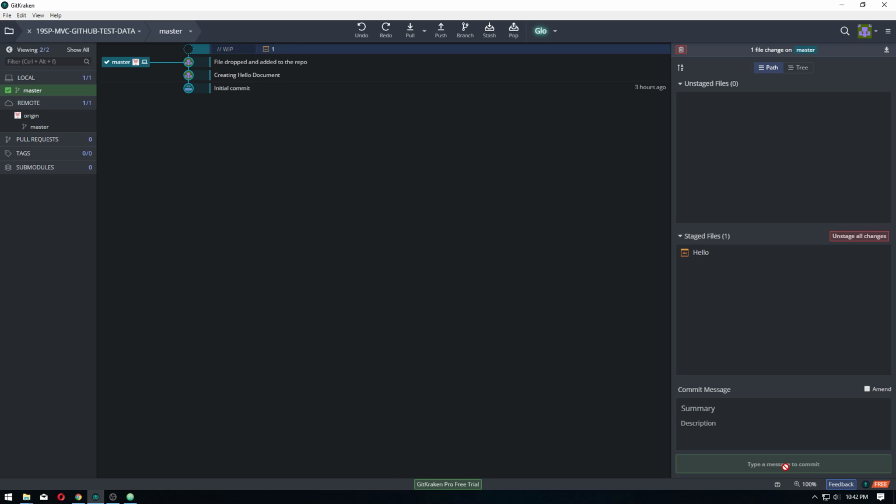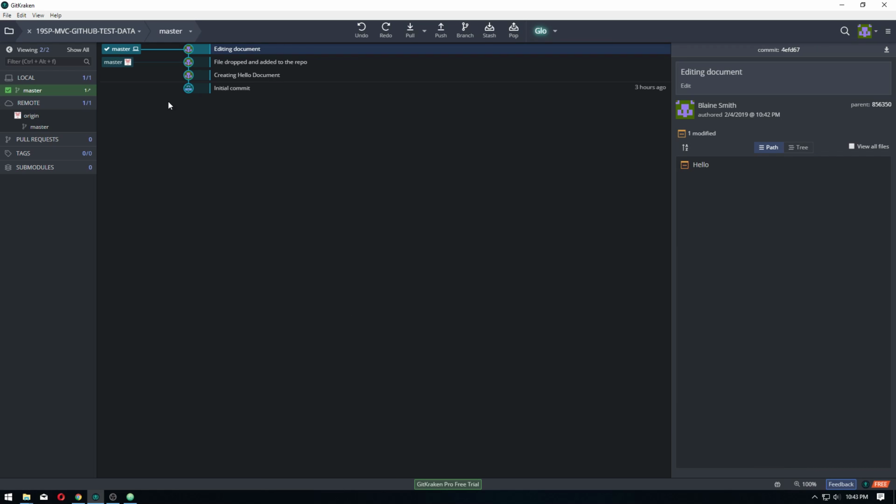So after we do that, we can commit changes. And you can see that the master, or your origin, which would be GitHub, is not on the same page, meaning that your master, which is your local, is actually a step ahead in changes than what your origin is. So all we have to do is push,